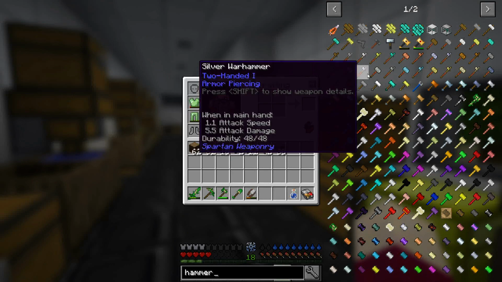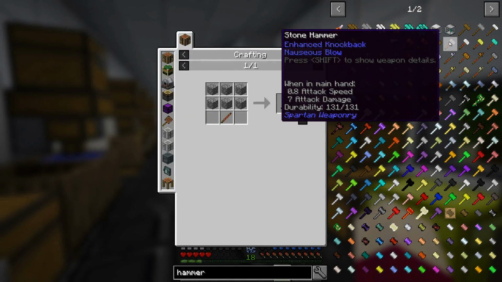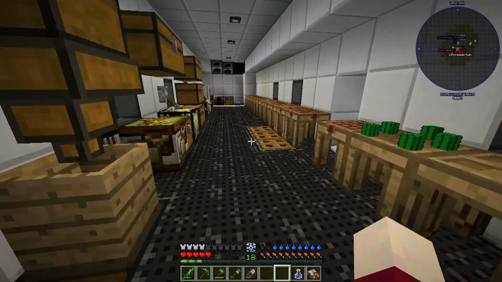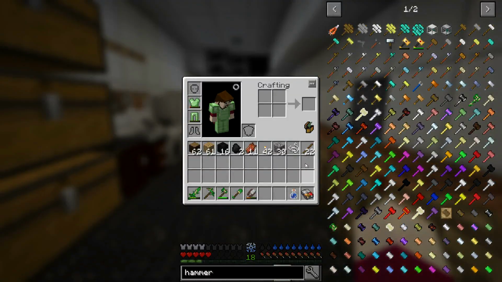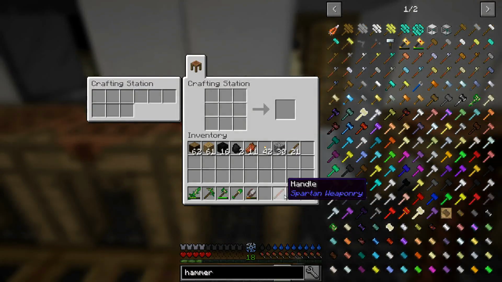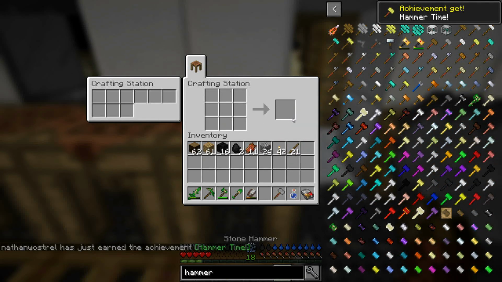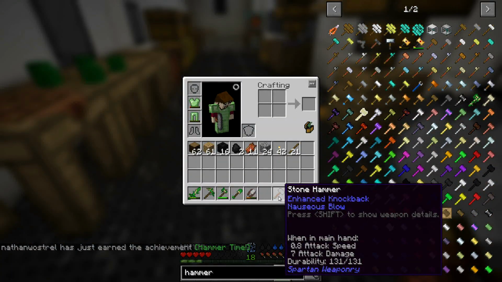So we do have hammers from Spartan weaponry. Maybe that's the one that we need? I don't know. So let's go ahead and we'll just grab a bunch of sticks. So let's go ahead and make another handle. And a handle plus 6 cobblestone is going to make that hammer. Hammer time. So question is, what is...